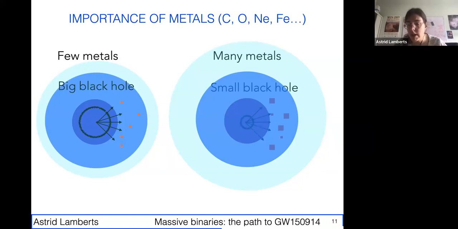And so our sun is already at the stage where it's considered enriched in metal. So the stars that make the massive black holes that LIGO and Virgo often observe probably come from these low metallicity stars. So this is one thing to keep in mind, that the chemical composition of the star actually matters.